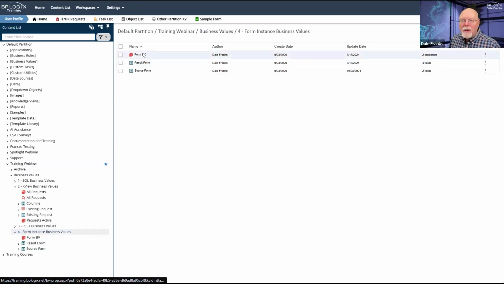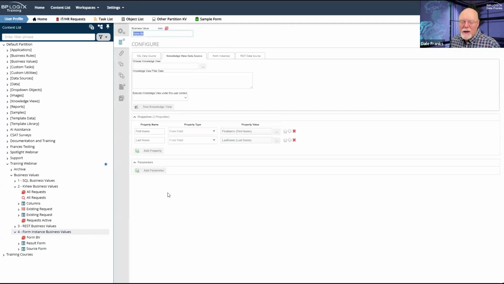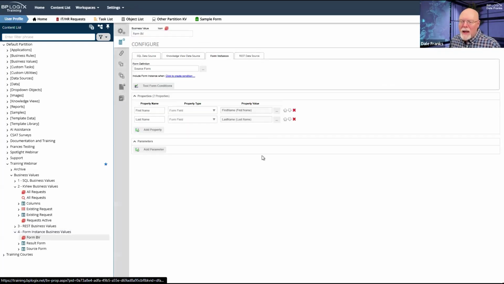What it is, if we open this business value, is I have form instances. Now, the trouble with a knowledge view is that it's going to want to chop through all of the existing form instances on your system just to return the ones that you want. So it's already got some built-in delay on the knowledge view side.